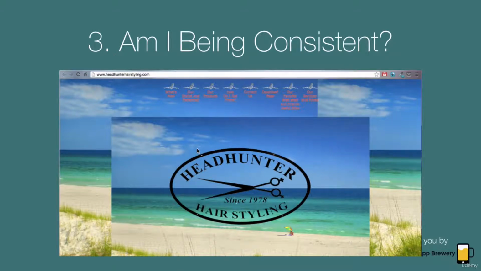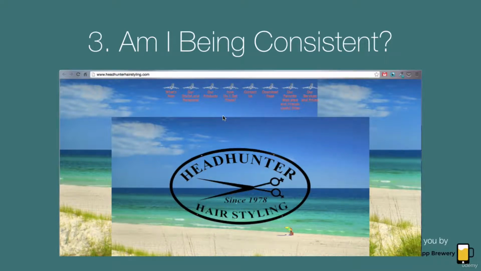Now, the background makes me feel like maybe this is a travel agency, maybe they are based in an exotic location, I don't know. But the thing that really seals the deal is these tiny little airplanes. When you hover over them or when you roll over them, the airplanes actually fly off into the distance. Now, what any of this has to do with hairstyling, I have no idea.